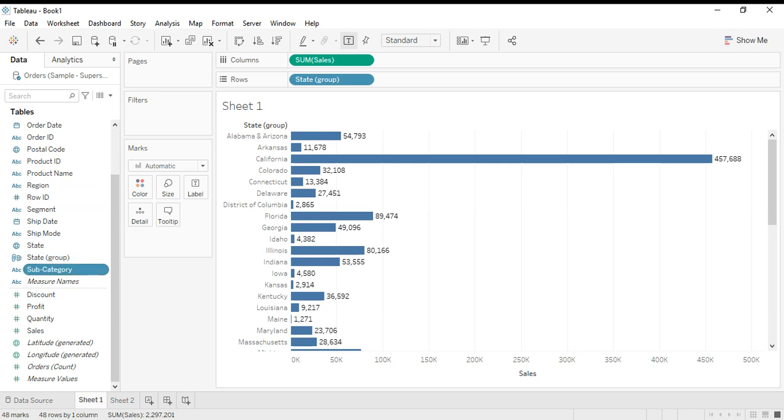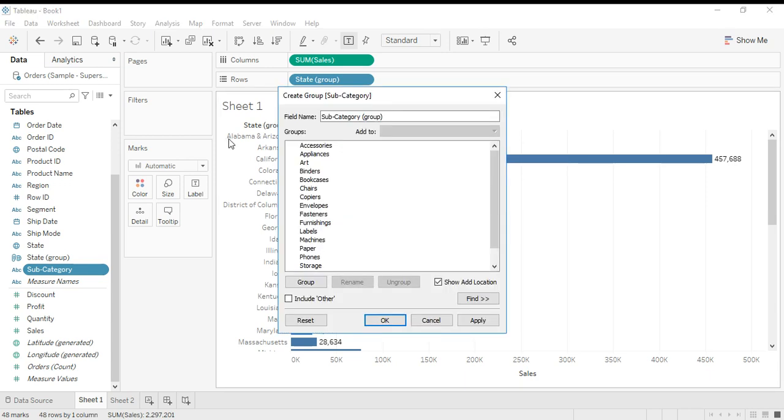Click here, you will be able to see the create option. Don't click elsewhere, or you won't get the create option. You have to go to the group option here.